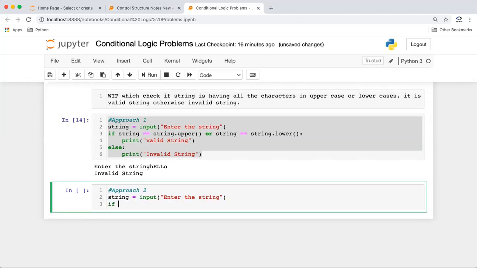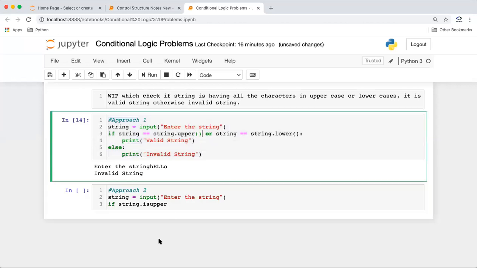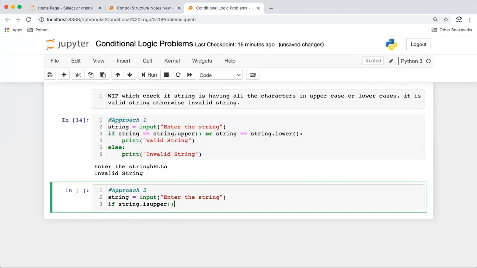So guys, in strings, I think we discussed methods, the different functions for a string, but we have something more precise for conditional logic. We have predefined methods in string, like is lower or is upper. So we have a method which actually checks if the string is in upper or lower case. We don't need to convert and then check. We can simply say string dot isupper or string dot islower.